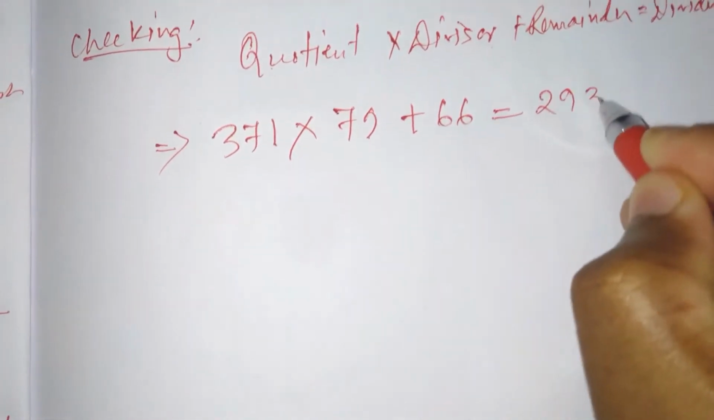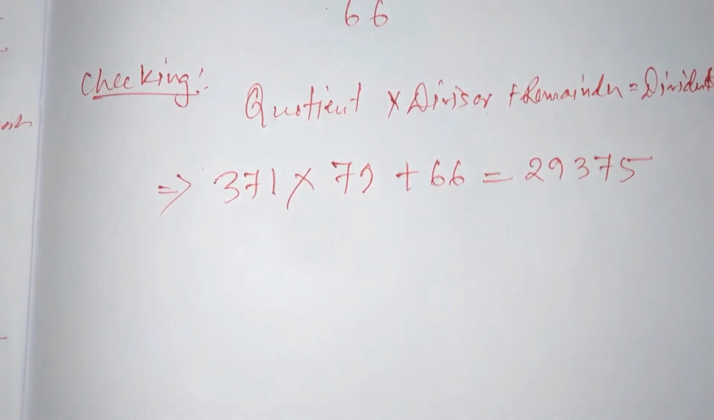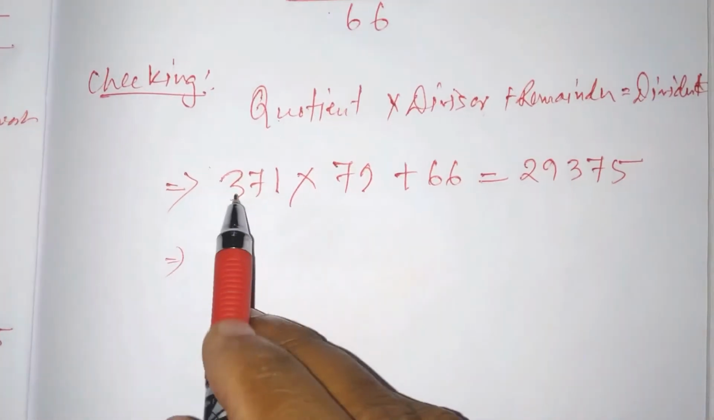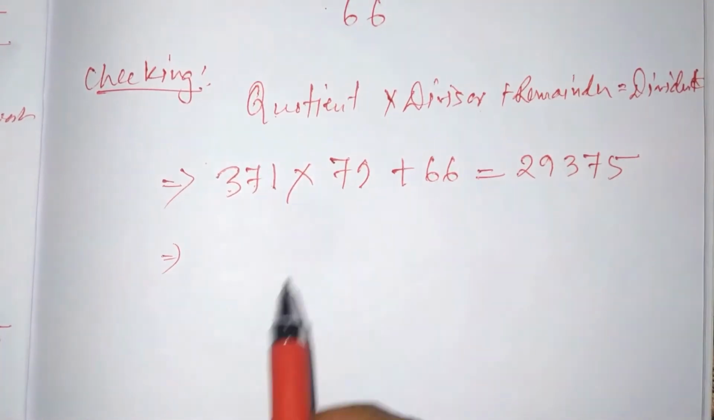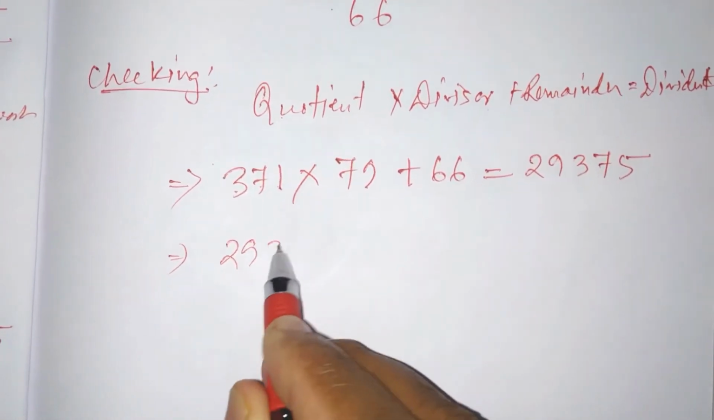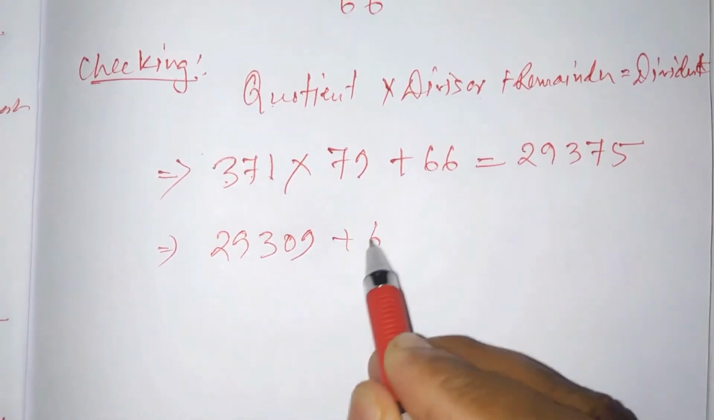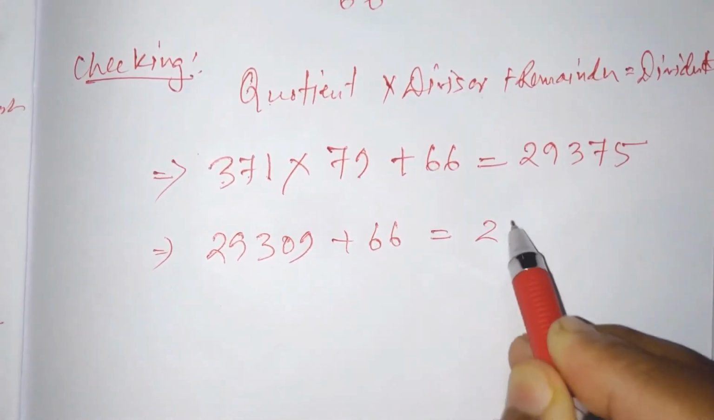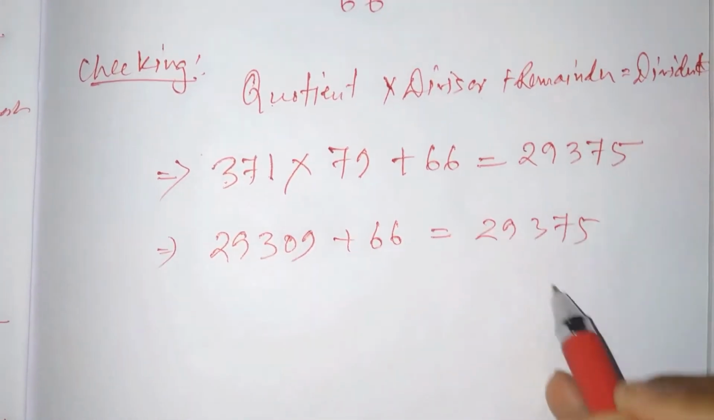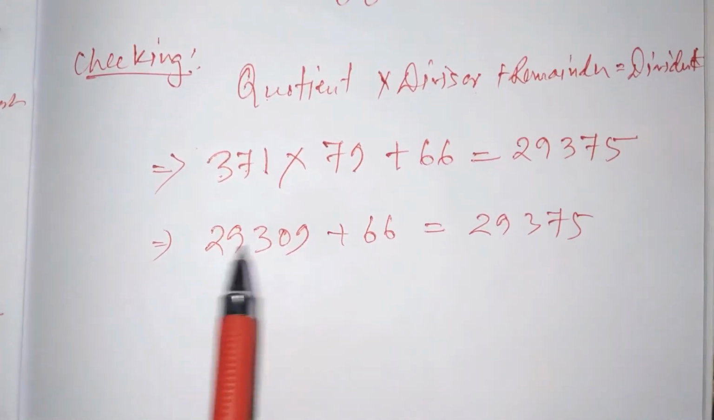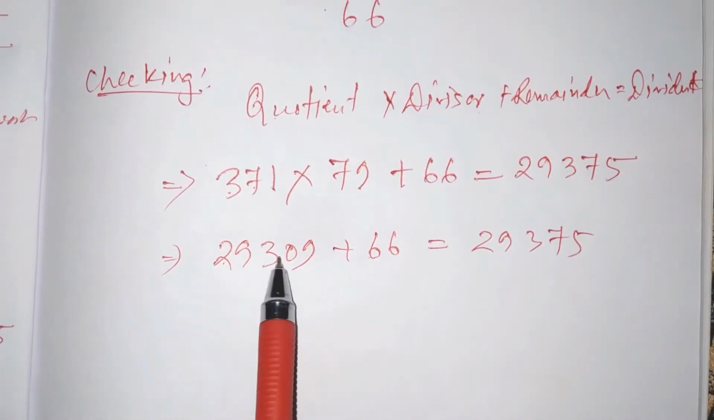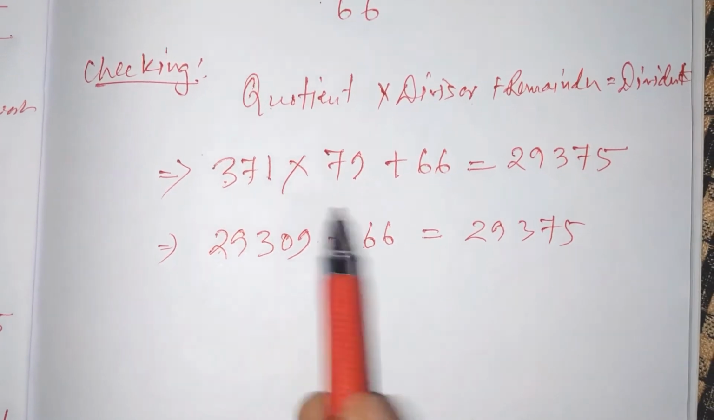I'll write 29375, okay. Now if you multiply this 371 with 79, you will get 29309. You can multiply it, okay? Then you will find it plus 66. Then you have 29375 as it is I have written. Then if you add this 66 with 29309, because this is plus here, you will get